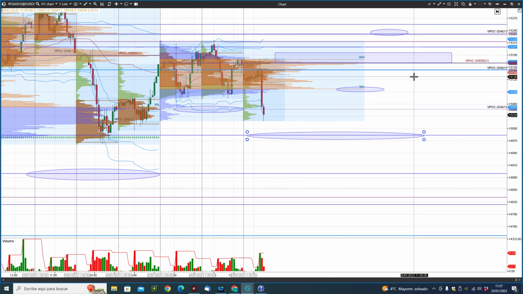If it breaks this zone, it could go to 14,890. About higher targets from current price. First one is the value area low of this week, 15,097, and the next one would be this zone that connects the value area high of this week, 15,170, to this weekly VPOC of last week in